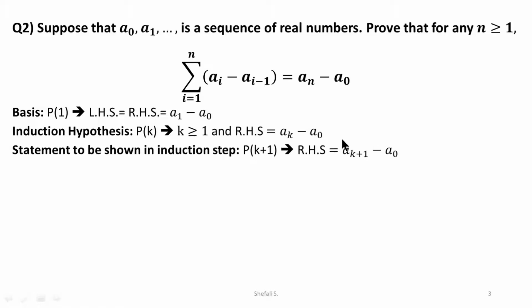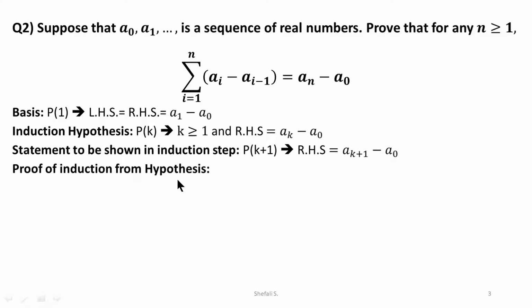Now what we want to prove, if we are clear with all those steps, because I have given the steps in a very clear form, ultimately the clarity gives us the way in which we should proceed further. So we want to prove the predicate involving k plus 1 as the step, where the RHS is expected to be a k plus 1, that is the step, minus the basic element, which is a0. So if we want to start, of course, we have to start from the hypothesis,